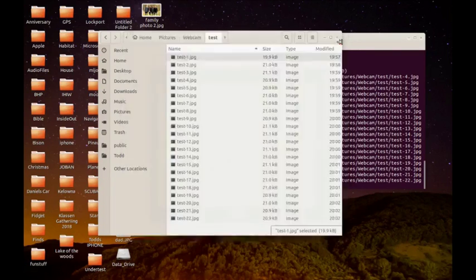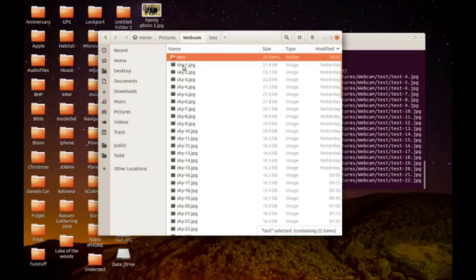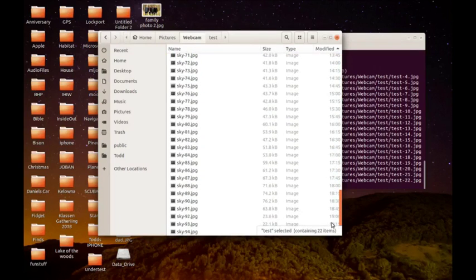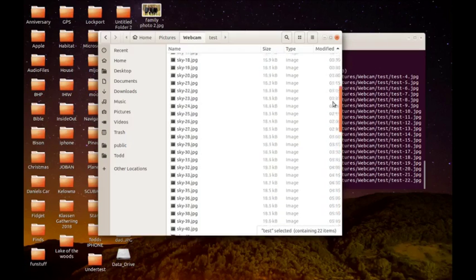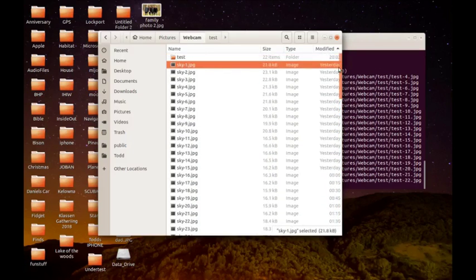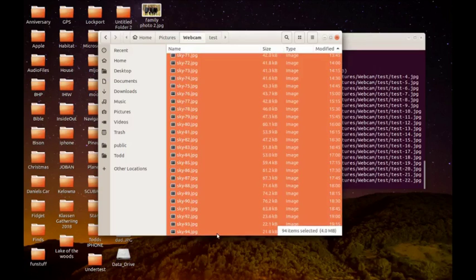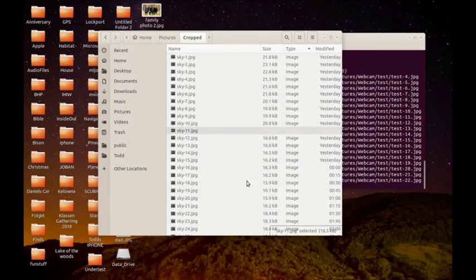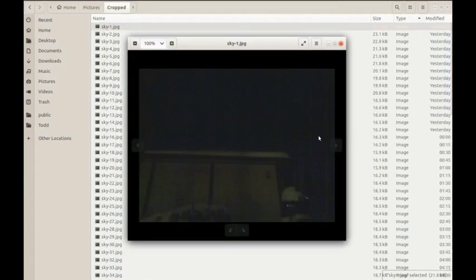Not much happening. Once we've captured the images, as in the case of Sky 1 to Sky 94, every 15 minutes, I'll copy these images to a secondary area. We spent 24 hours collecting them, so let's not lose them. So I'll go to a cropped area. Now I'm going to open up some of these images and take a look at what they look like. As you can see, it's dark,